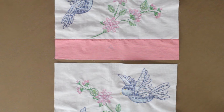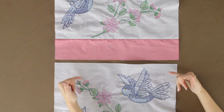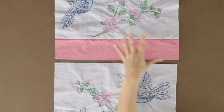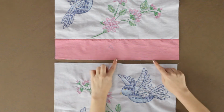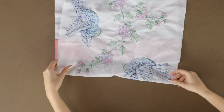I'm following my diagram. You're going to take the block 2 and place it underneath strip A, and always check to make sure that you're placing your blocks with the same orientation because we want to make sure that we're not actually going to sew one upside down. So once this is ready to go, you're going to take this edge and you're going to match it up with this raw edge. So I'm going to flip it over,